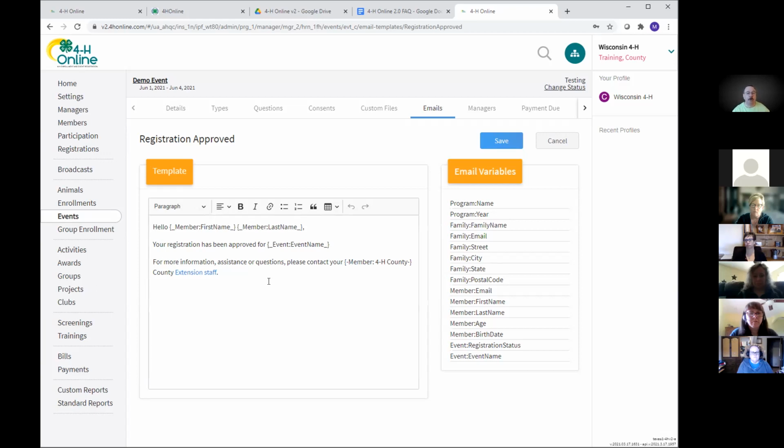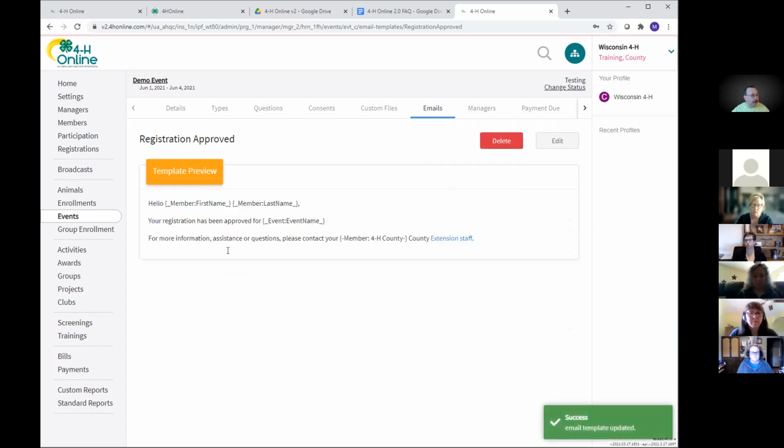Instead of you having to go and send that out, you can have it do it automatically as soon as the registration is approved. The one thing is you'd have to have that email all set and ready to go when you create the event, so that when the first person registers, they get that email with all the information in it. So you'd have to know what you're going to send out at the time that you create the event.